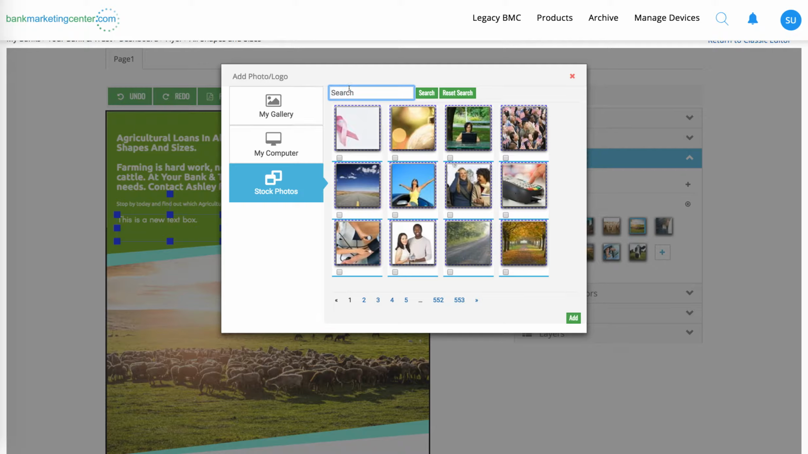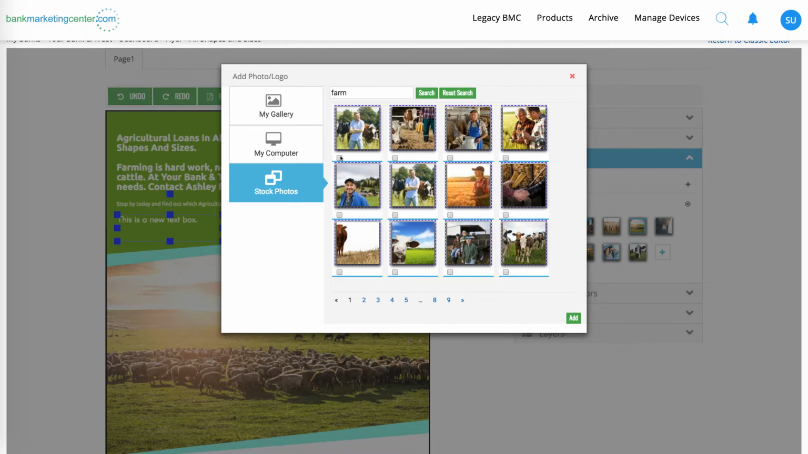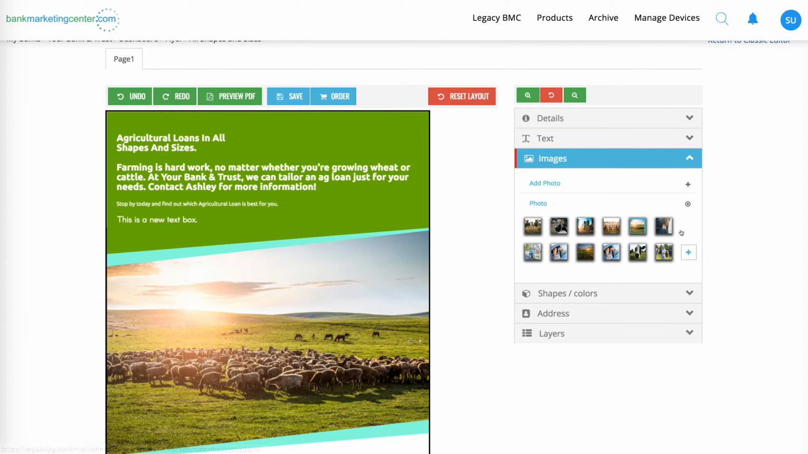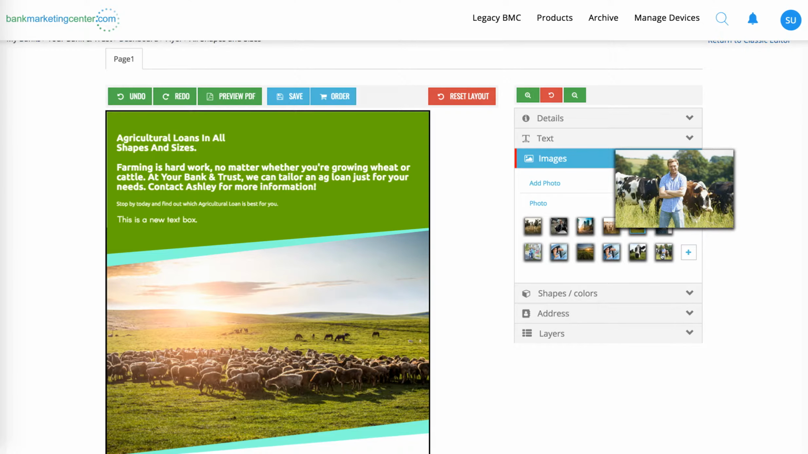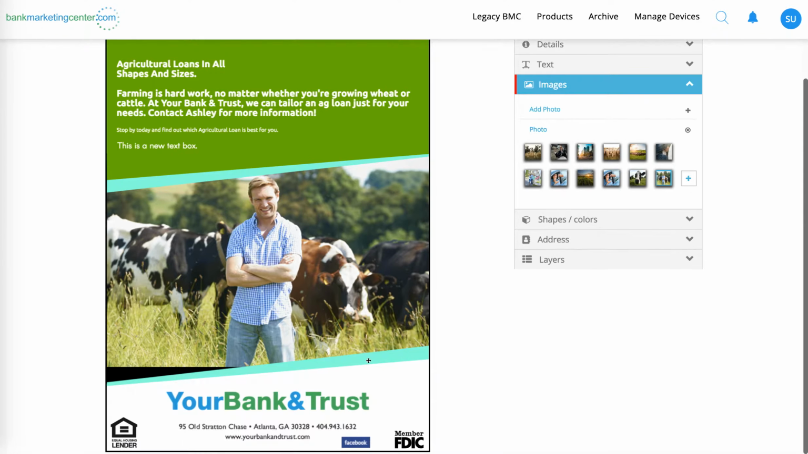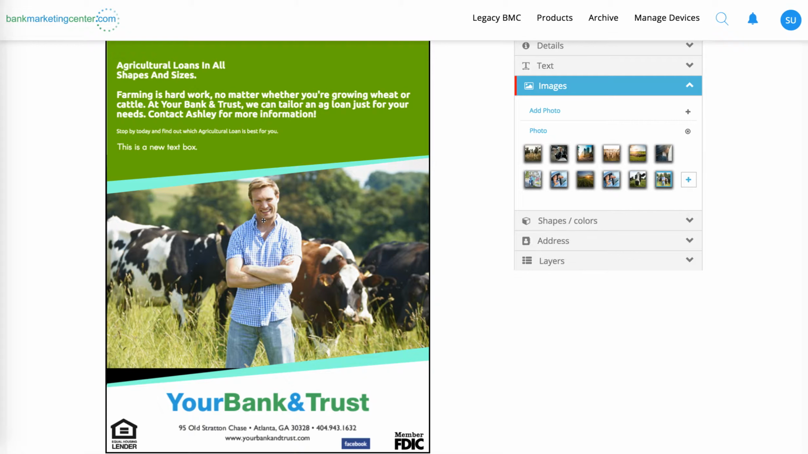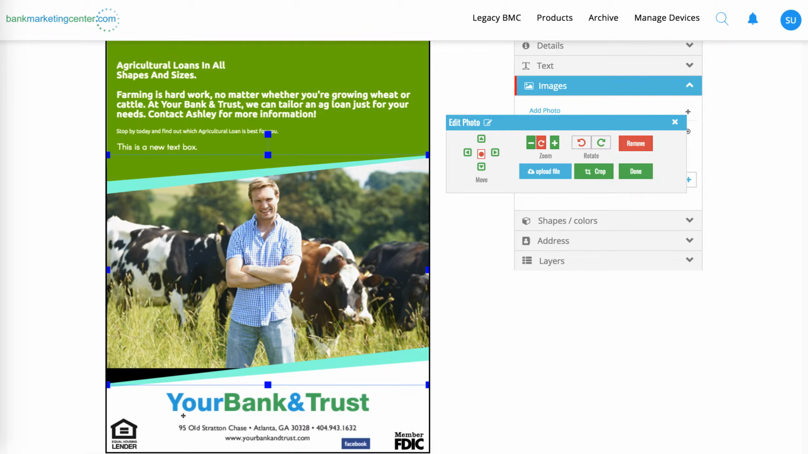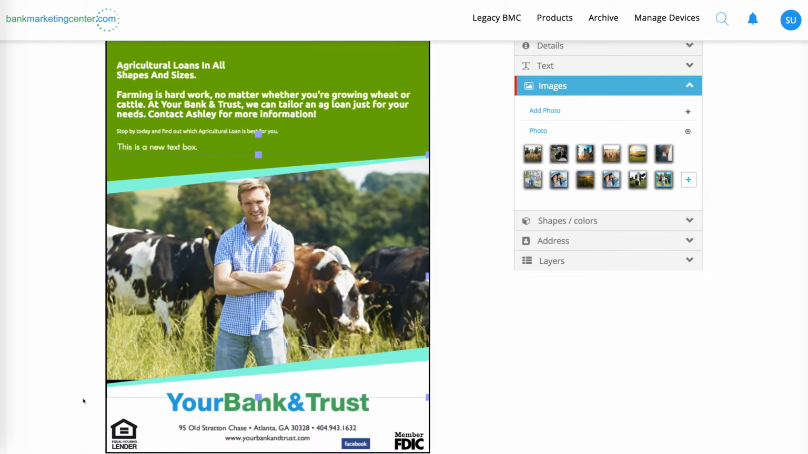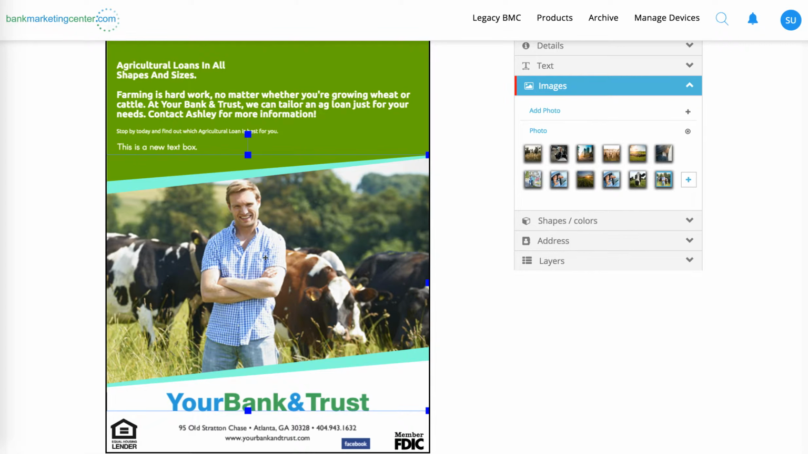So I can type in my keyword, search, let's say we want to use this guy right here. I'm just going to click add, and now it's available right here. You'll see it's the last one that was added, so now I can just click on that and see how it looks there. I can also resize this by clicking on it. You'll see the blue tick marks pop up again,